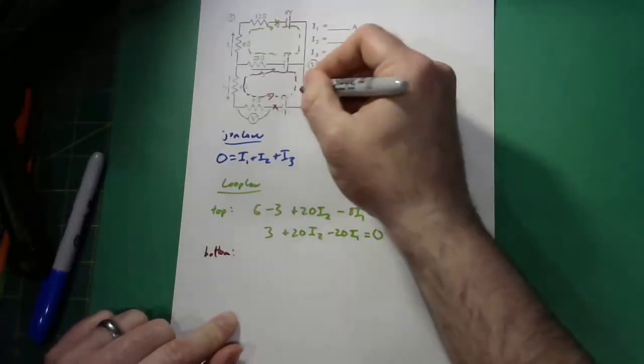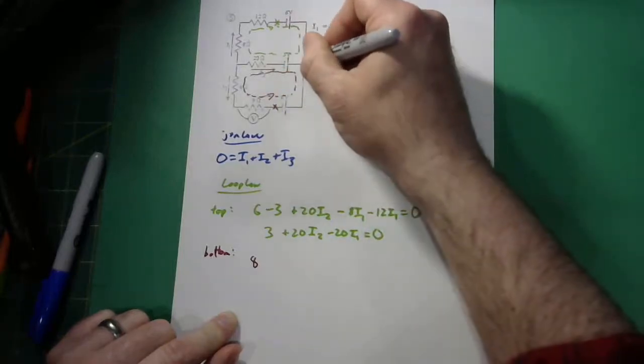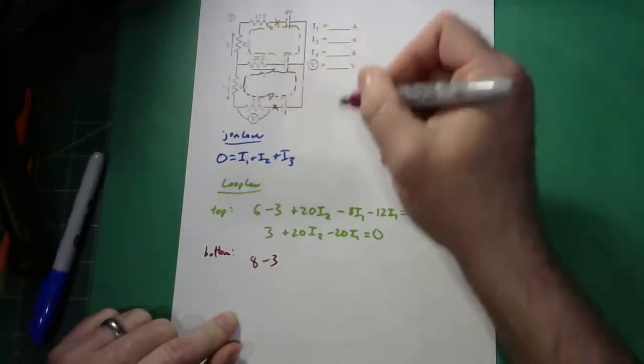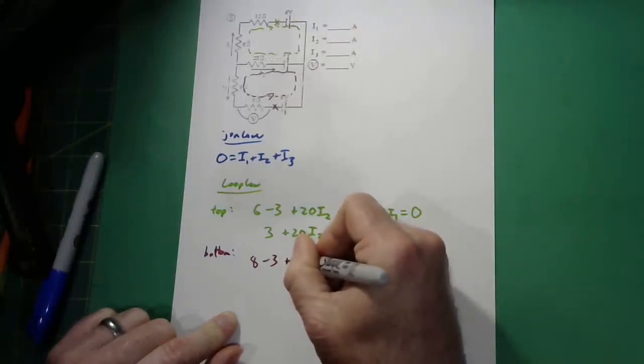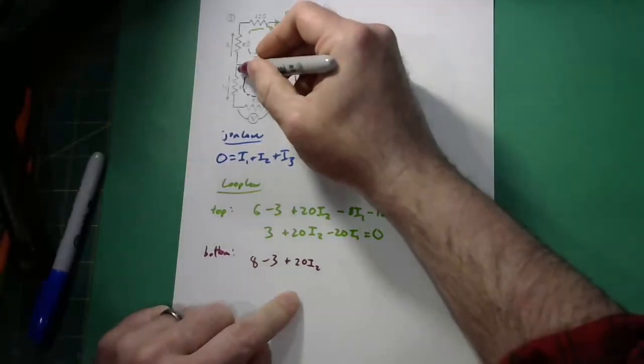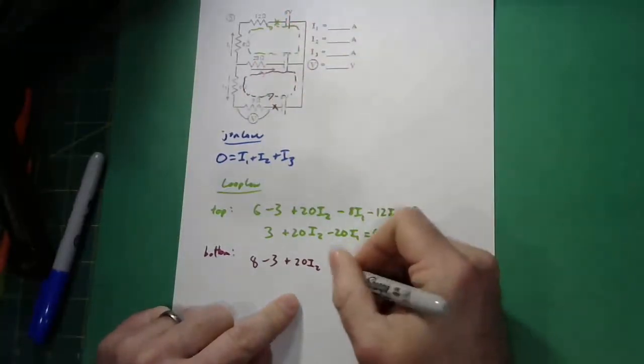So you say first, I'm going to go up 8 volts. Now I'm going backwards through that one, so I'm going to go down 3 volts. Now I'm going against the current through that resistor, so I'm going to go up IR, so I'm going to go up 20 I2. Okay. Now I'm going to go with I3 through the 6 ohm resistor, so I'm going to go down